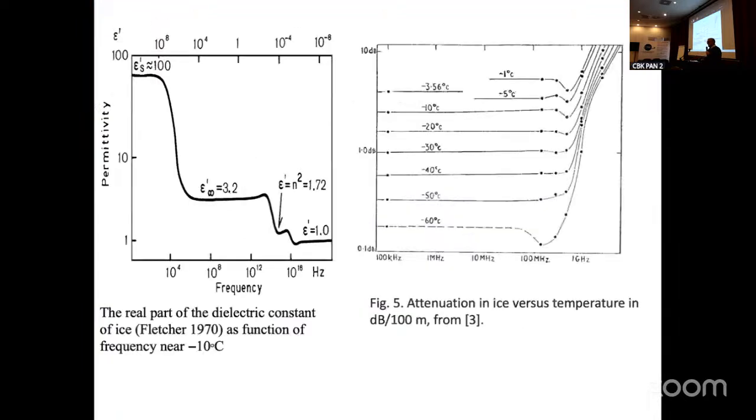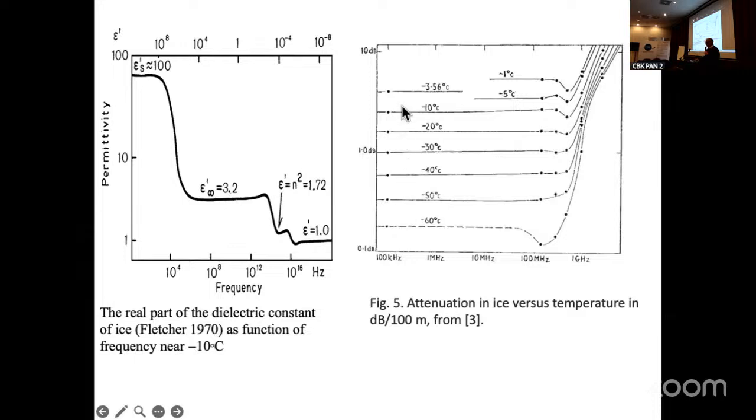For ice, it's a better situation. For pure ice, it depends on the structure of the ice, but normally what is important to see here is that for low frequencies, from 1 megahertz to, let's say, 100 megahertz, for ice the dielectric constant is about 3.2, 3.1,